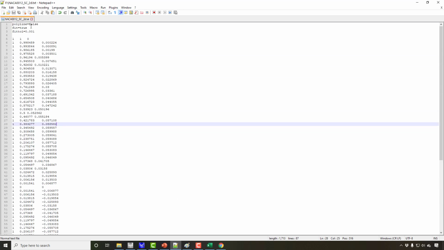So I'm going to make the polyline false. In the previous video, the polyline was equal to true. True means that SpaceClaim will create a number of lines between the points. But when we set polyline equal to false, it will try to create a spline. A spline is a single curve.